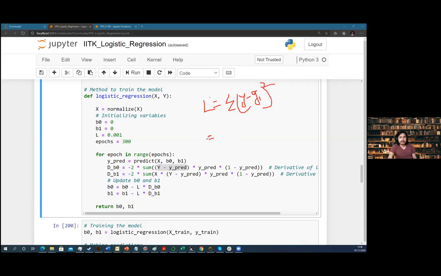you will come up, if you do it with respect to b0, replacing this with 1 by 1 plus e raised to power minus (b0 plus b1 xi), with minus 2 sigma, and then (y minus y prediction) multiplied by y prediction multiplied by (1 minus y prediction). Okay, so this is what you get when you solve the derivative